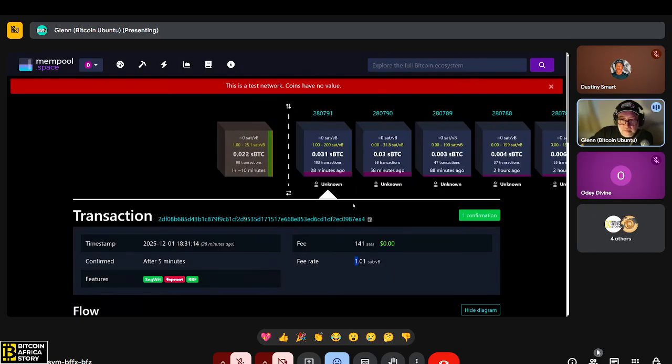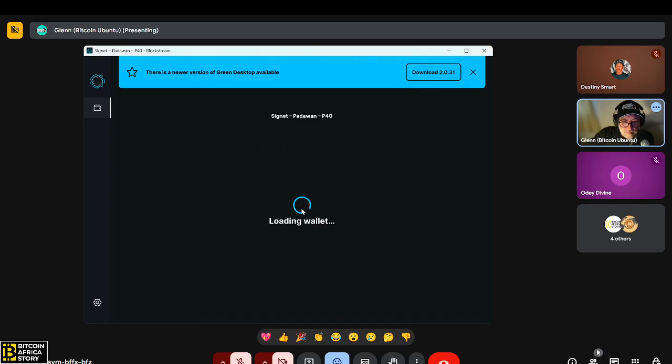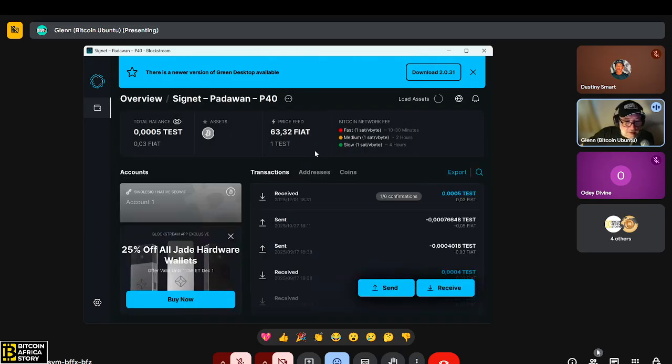So here we can see that we have testnet on Signet. There hasn't been another block mined yet. That's why we still only have one confirmation here. But if we go back and have a look now at our Blockstream wallets over there, did I send it to this one, I think? We should see that transaction having landed in this, and there you can see I've got my 50,000 sats received, and you can see it's got one confirmation. It says here one of 6